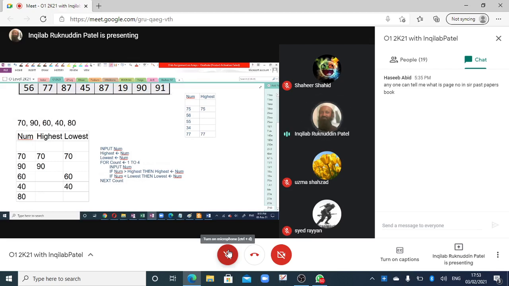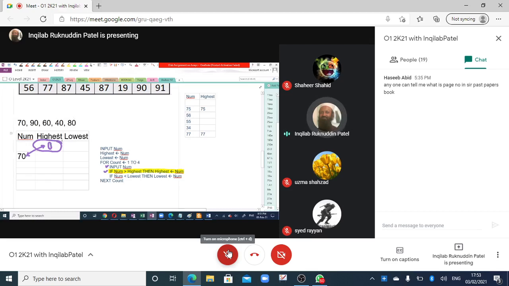If we want to use this logic to find the highest and lowest number, and we input numbers, we have input the first number, right? Now we are asked to use this statement, input num. If num is greater than highest, there is nothing written over here for us to compare with the number. So what we do, we write 0 over here.